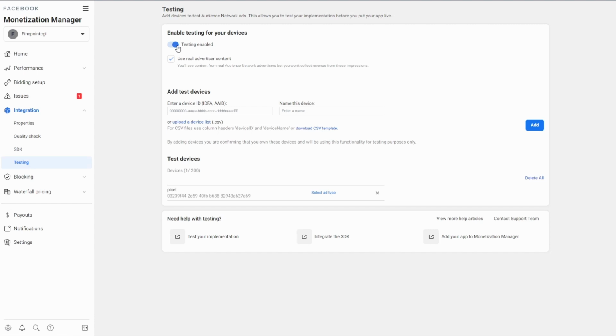Now go ahead and turn on testing enabled and come down here and enter your device's IDFA or AAID. That is your unique identifier that Google and iOS use to find your advertisement ID. Now, in my case, on my specific phone,